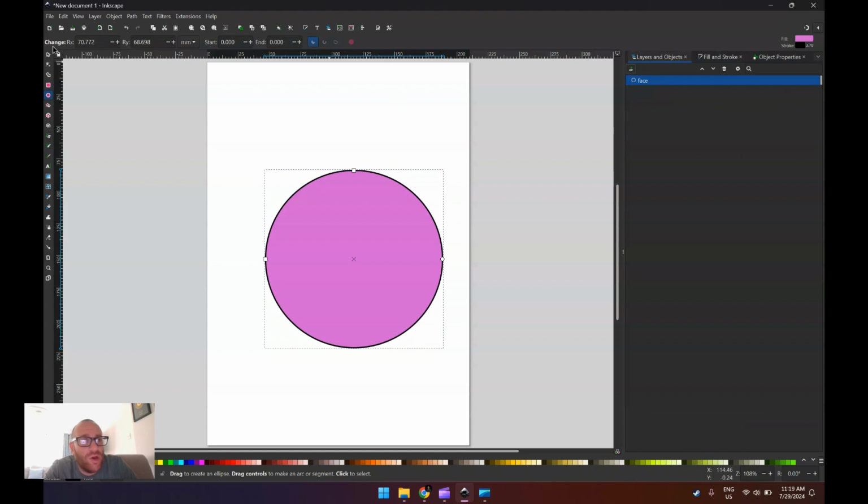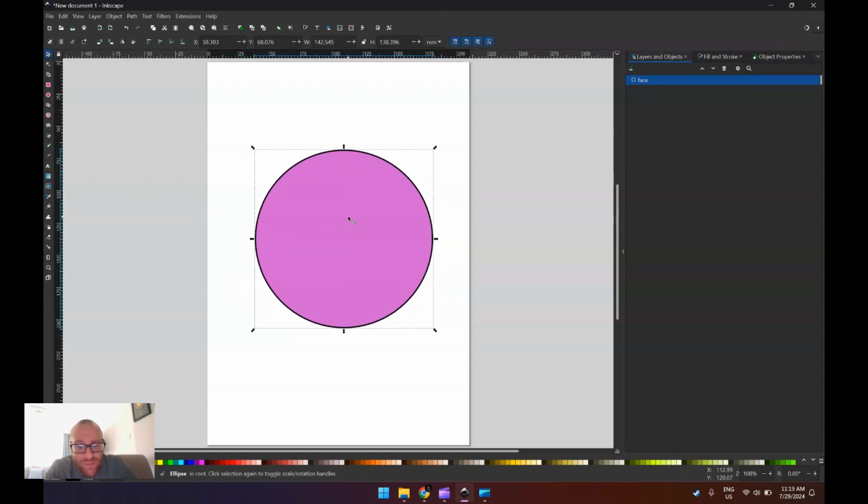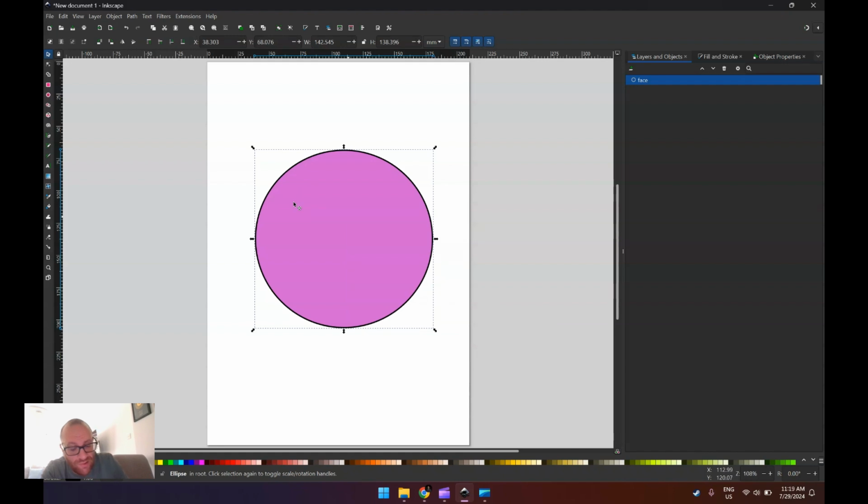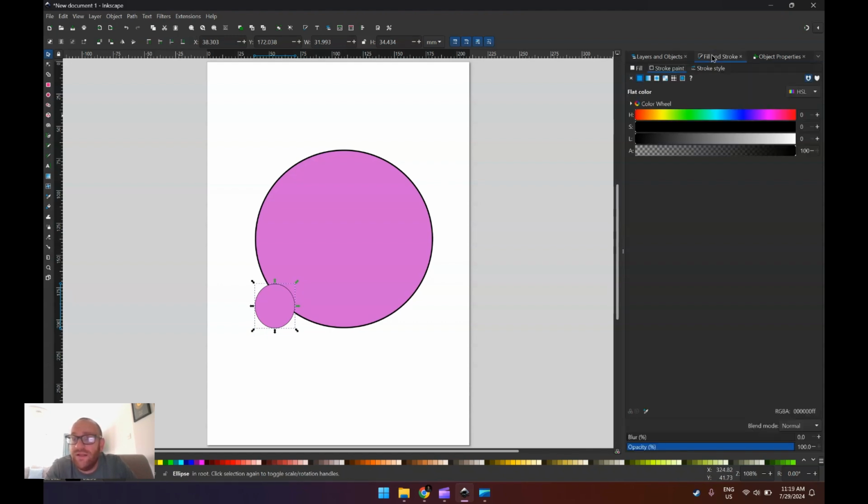I'm happy with that. Once I've got that shape, I'm going to press Ctrl and D or right hand click and go to duplicate over here, Ctrl and D, and you'll see it's created another face in the layers and objects menu. That's not going to be a face, it's actually going to be an eye. So I'm going to rename it eye, press enter, fills and strokes, and I want this one to fill completely black, so I'm just altering the lightness now so it's completely dark. One there,